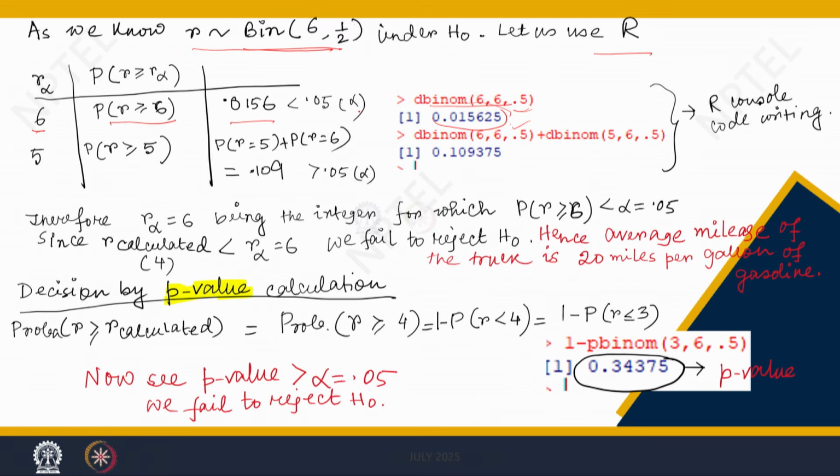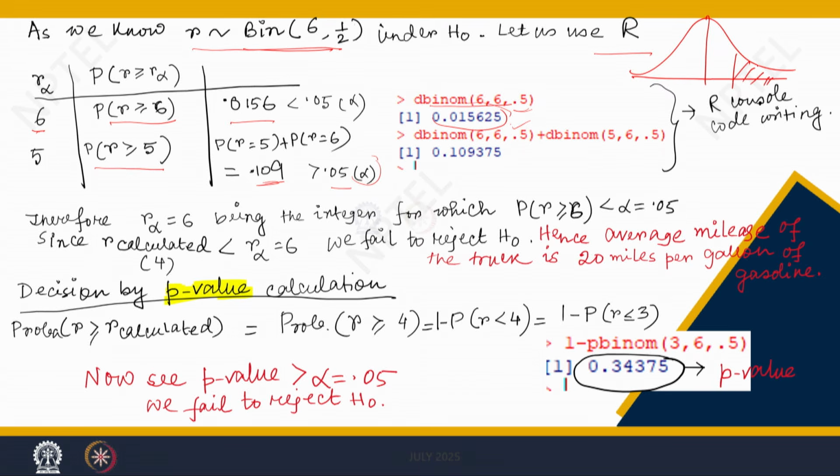That means we are free to incorporate one more point, take another point from the lower side. So, r alpha is equal to 5. What is the cumulative probability? That is probability r greater than or equal to 5, so r equal to 5 plus r equal to 6. That is 0.109. It is greater than 0.05. So, we are surpassing the fixed level of significance. Clear? If we surpass the fixed level of alpha, that means we are falling inside the zone of acceptance region. Remember, the picture is like that.